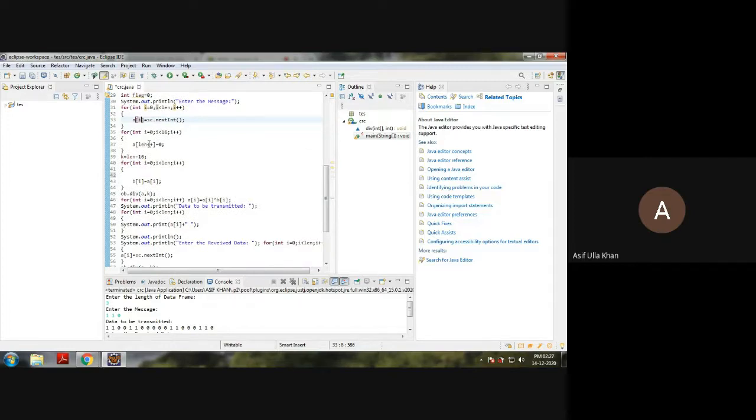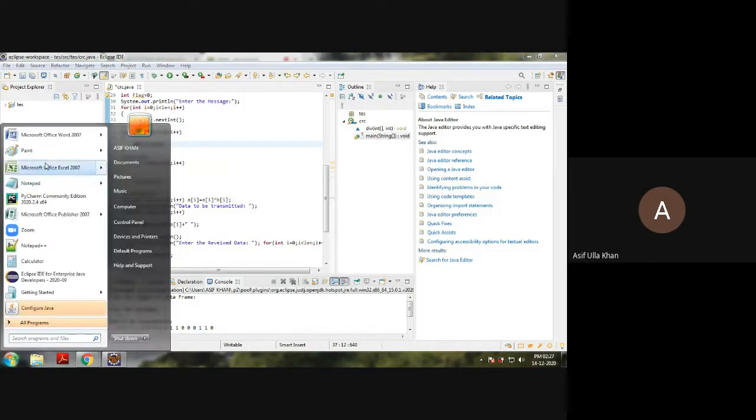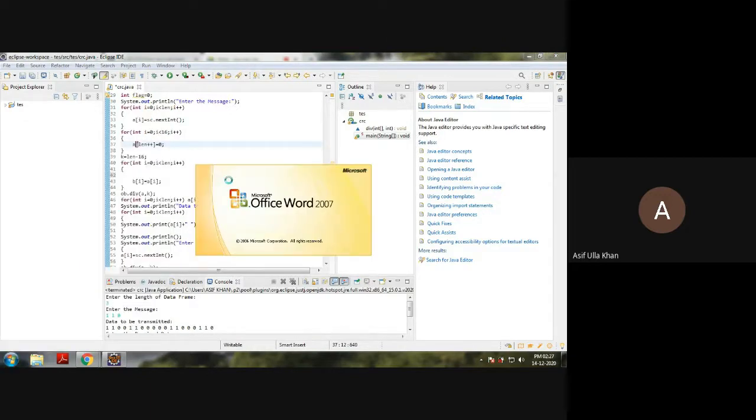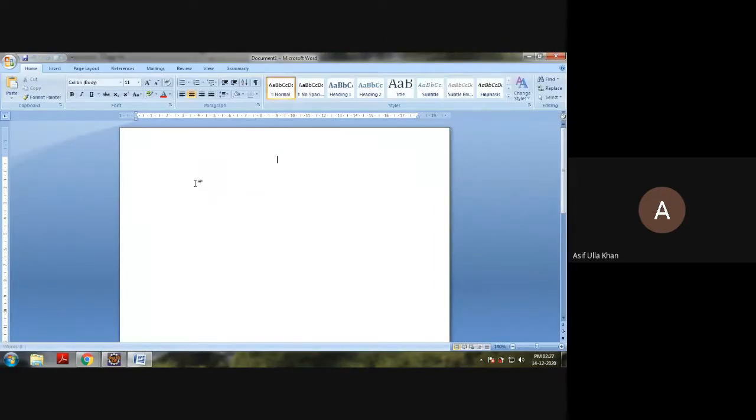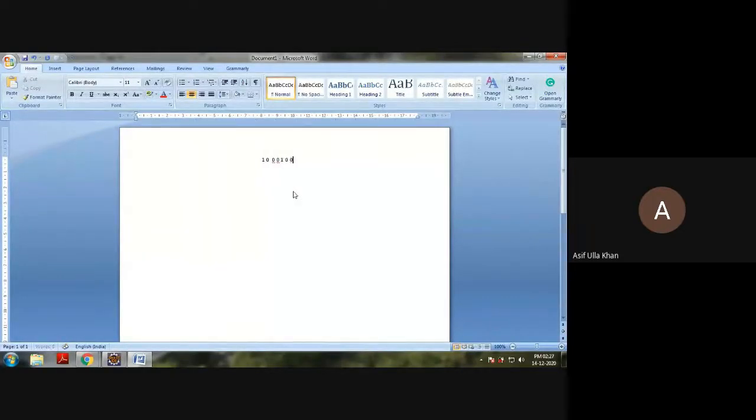Then I'm starting to read and store those bits in a of i. Once I have taken the bits, I need to add the remaining 16 bits. Do you agree? It's the same thing we are dealing with in the content. Let me show you. If I'm taking a polynomial, 1 x to the power of 16, then x to the power of 12 is 1, then 11, 10, 9, 8, 7, 6, 5, where 5 is 1, then 4, 3, 2, 1, 0.